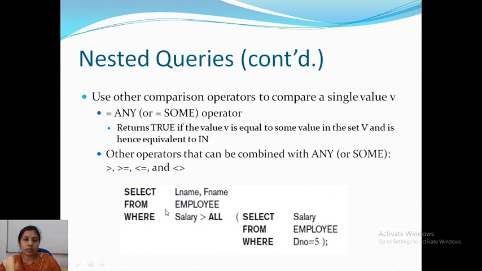For each employee, we have to see that the salary of this employee is greater than all, that means it must be greater than all of these values. If I get 25,000, 30,000 and 50,000, then if the employee has a salary more than 50,000, his last name and first name will be retrieved.